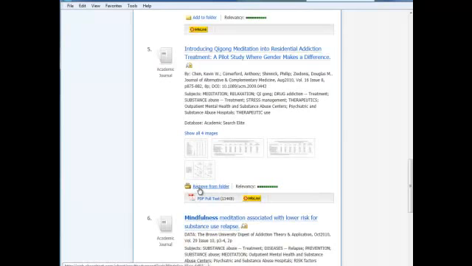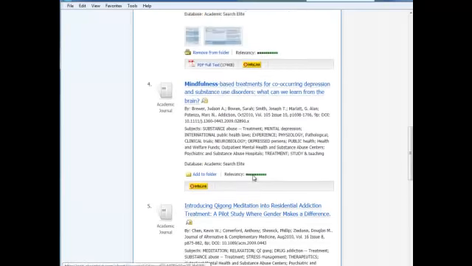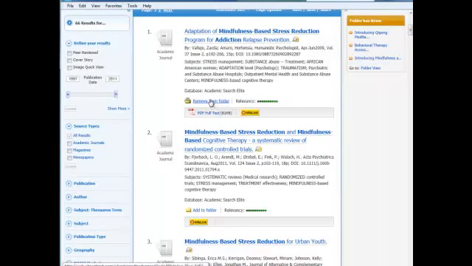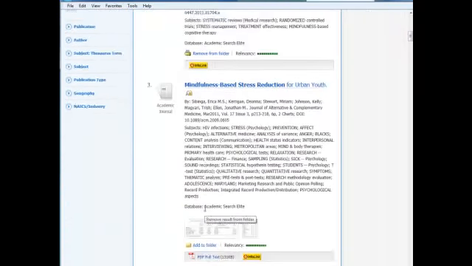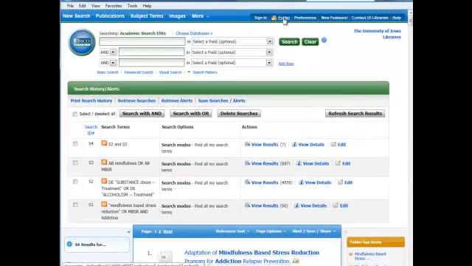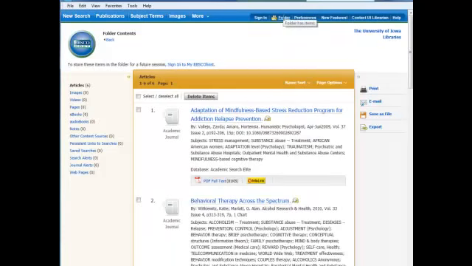Simply add them to a temporary holding area called the folder. You can even add things from different searches you've done within the database. But be careful, it all goes away when you log out of the database. Make sure you go into the folder before you leave, and either print out, save, or export your record somewhere else. You can even export your